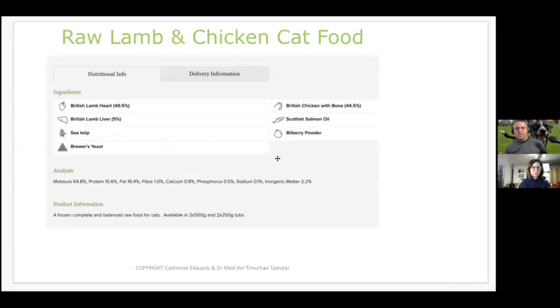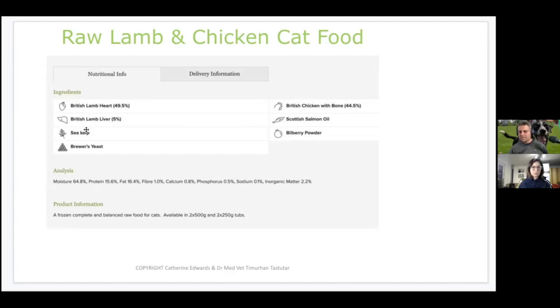Okay, so let's come to this. So this is an interesting one, because this is a frozen, complete and balanced raw food for cats. So they say it's complete and balanced. All right, so we are looking at it. Protein is 15% and fat is 16%. This is not balanced at all for cats, because too much fat for cats. But it is complete in terms of the regulatory bodies, because they have salmon oil containing most of the fat-based vitamins they need, bilberry powder and sea